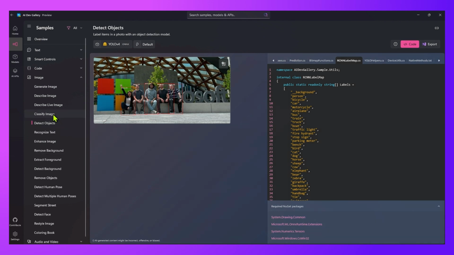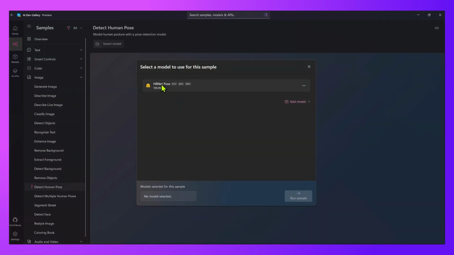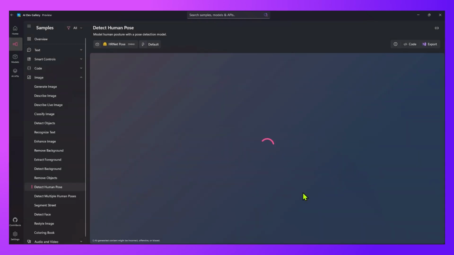If I go to classify image, again here I can see that once this image is provided, there's a label of steel arch bridge. There's a stage, accordion, piano accordion, squeeze box, greenhouse, nursery, glass house. So it has given a label, and also at the same time it has given a confidence level as well. You can even go ahead and remove the background. You can detect the human pose. You can pick up any model and then just run it,